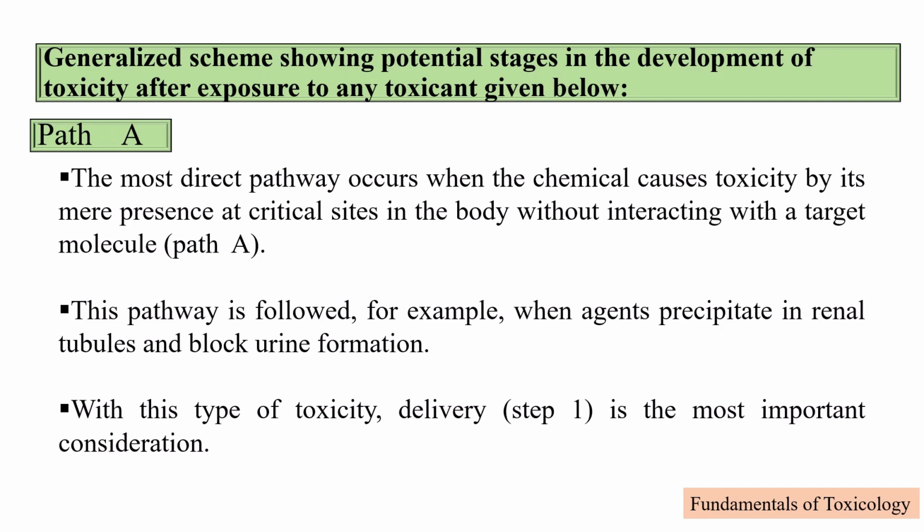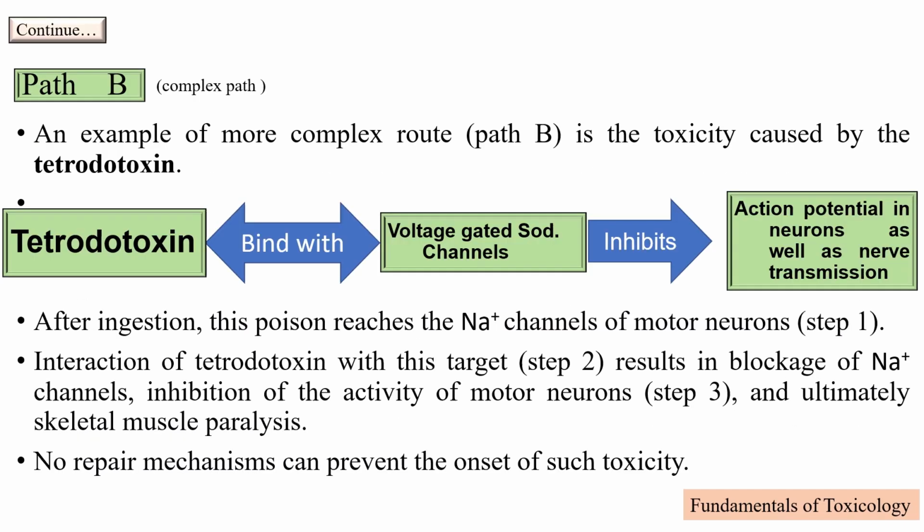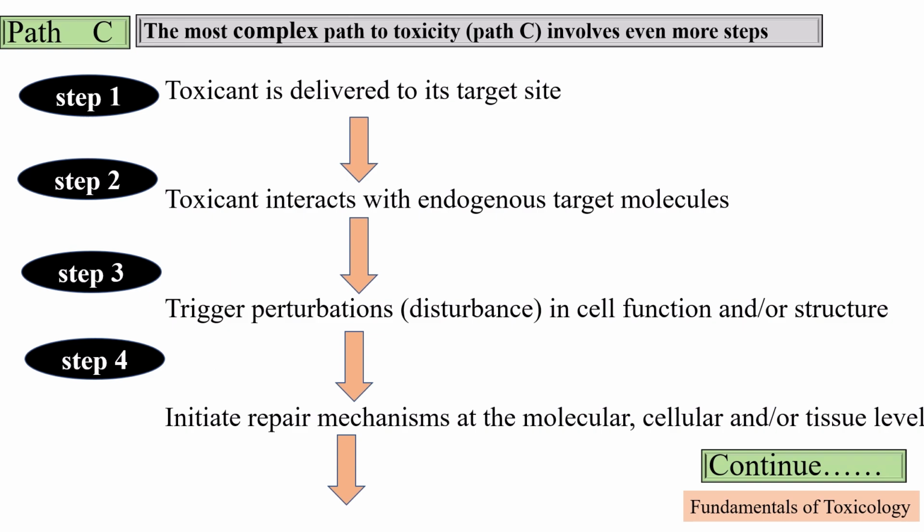When the perturbations induced by the toxicant exceed the repair capacity, or when repair becomes malfunctional, toxicity occurs. Tissue necrosis, cancer, and fibrosis are examples of chemically induced toxicities whose development follows this 4-step course. In animal bodies, reactive oxygen species are produced due to endogenous and exogenous sources. Antioxidants work against these reactive oxygen species to maintain balance between their production and repair, failing which leads to deteriorating effects on DNA, protein, and lipid molecules.